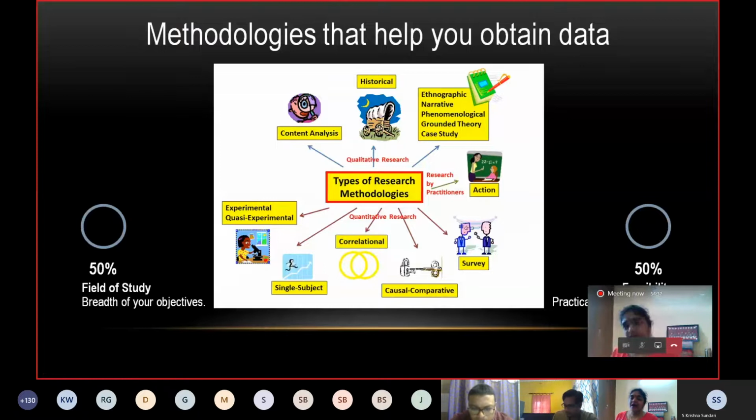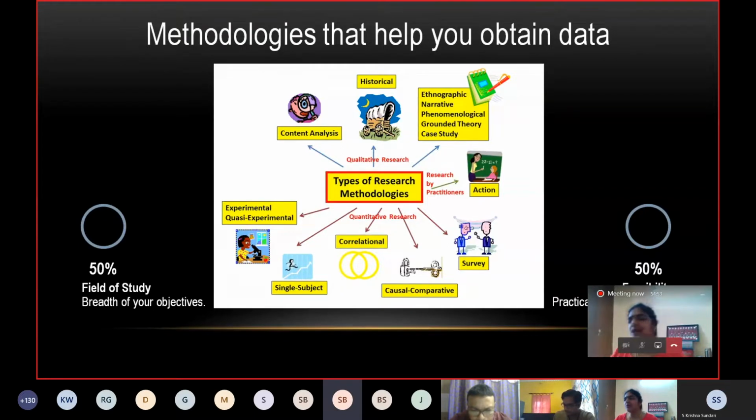I will not go into great explanation of all these methods because then I will be moving away from my topic. So it suffices to say that there are